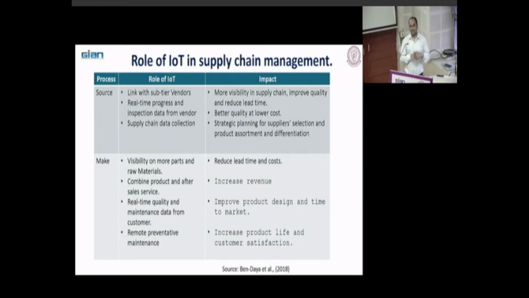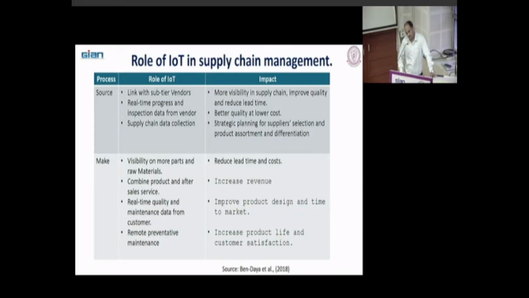Lead time is reduced because they are using these IoT devices and sharing timely information with you, and it helps improve quality as well. Better quality at lower cost: because of IoT devices, they are doing preventive maintenance that will reduce their downtime and machine breakdowns, and it helps them to reduce cost as well and provide quality products.